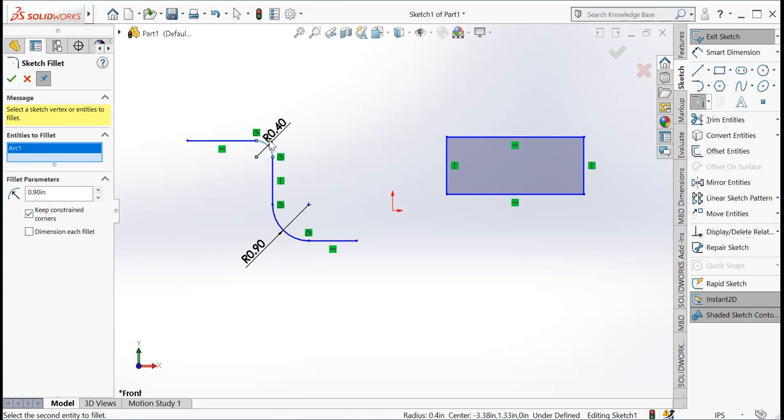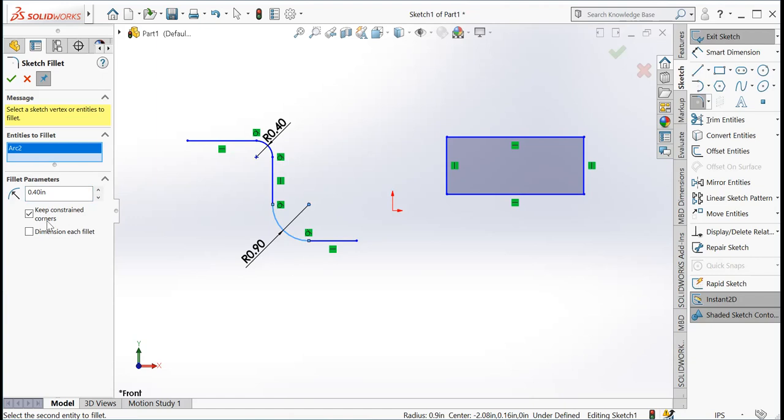Now here I can change the dimensions of the components by selecting this fillet. Here R2, I can change this dimension to 40.